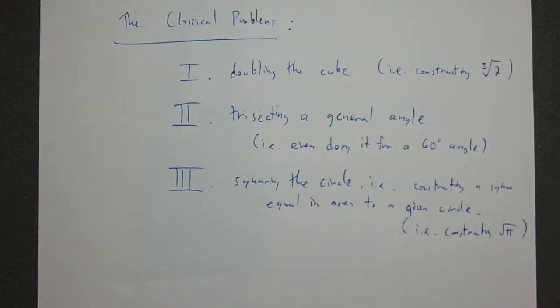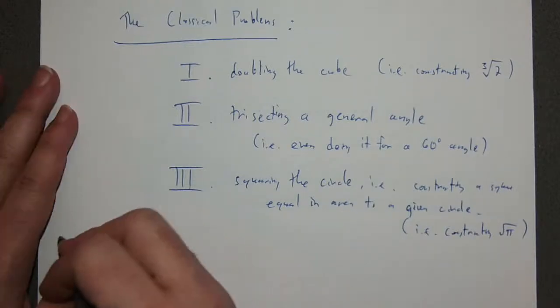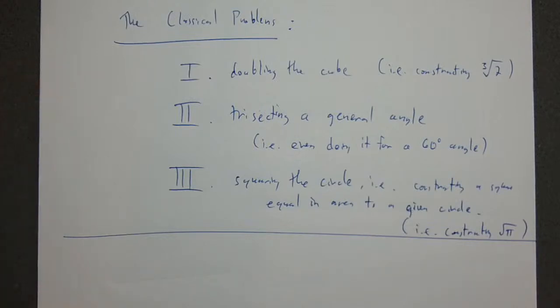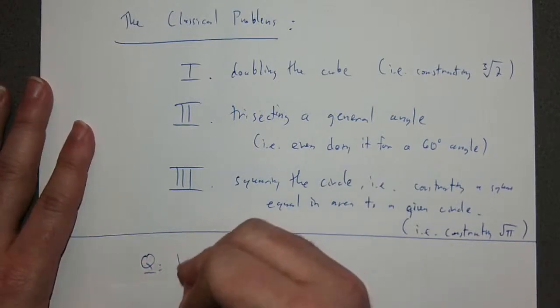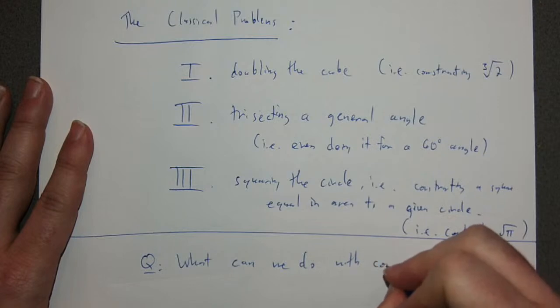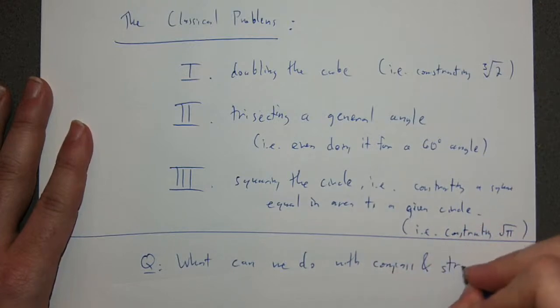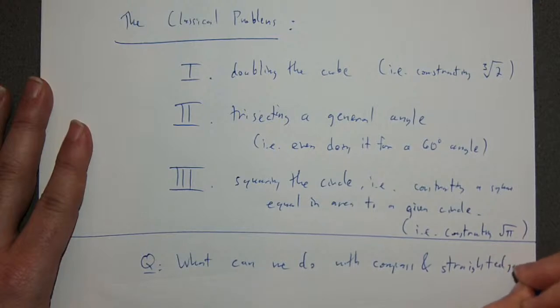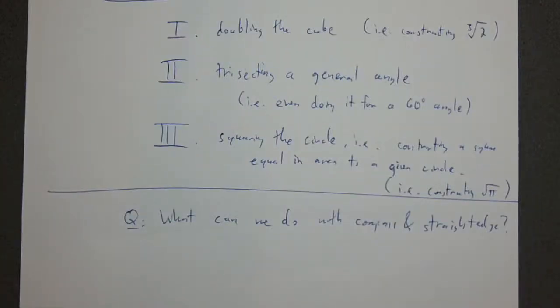But for us to actually understand why we can't do this, first we have to understand what we can do with compass and straight edge. Okay, so I showed some examples of what we can do. So, question, what can we do? And of course, when I say we, I'm talking about what the Greeks realized could be done with compass and straight edge? Well, it turns out that apart from a couple of examples, the Greeks basically did almost all that could be done with compass and straight edge.